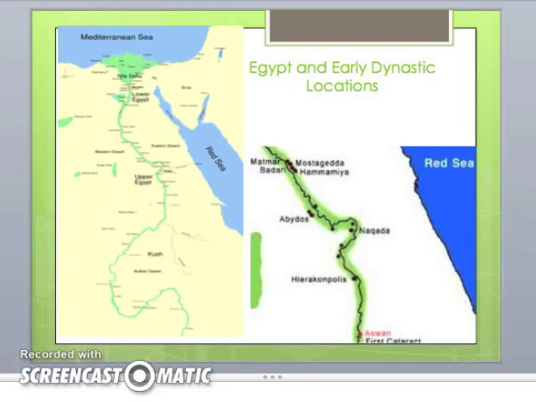On these maps, I have some of the important early dynastic and pre-dynastic sites. So the picture on the right has a site called Naqada and Abydos and Hierakonpolis, and these sites become really important as we sort of build up to the Old Kingdom. The other map basically just shows the whole of sort of Egypt and its southern neighbor, which was called Kush or Nubia in prehistory. This would be modern Sudan.